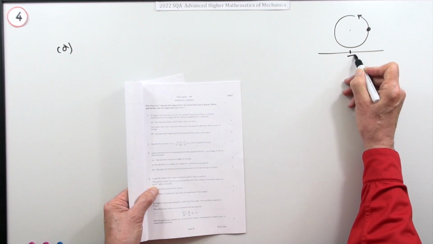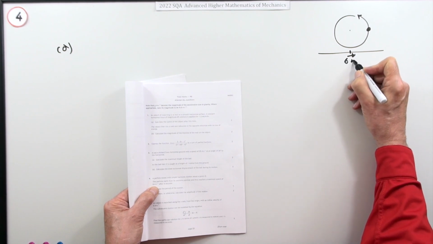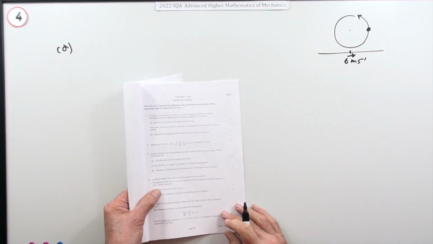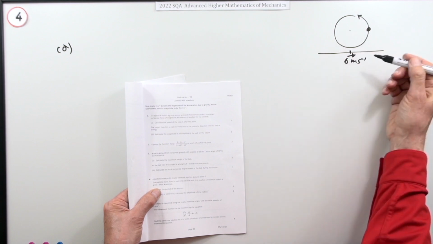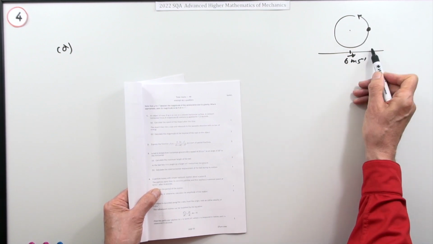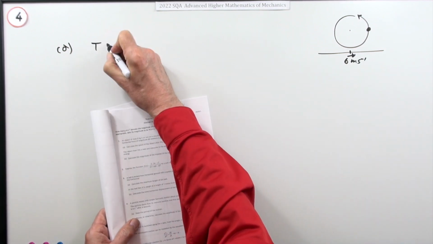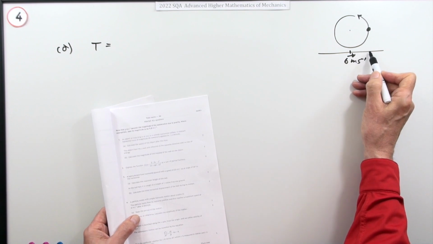I'll just put the speed going that way for having come round. That was 6 metres per second. Now, from there to get to there, it's also 6 going that way. From there to there, it says was 4 seconds. So it took 4 seconds to get here, which means that the period, if it's at its extreme,